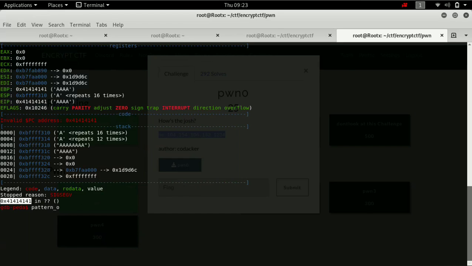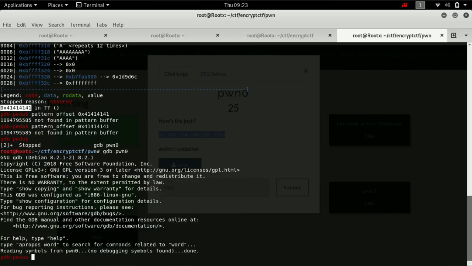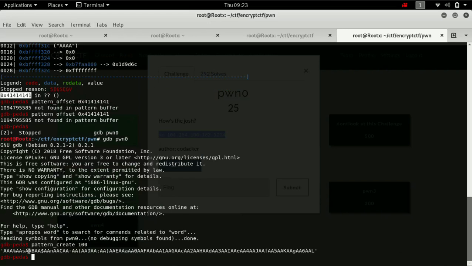Pattern offset. But it's not showing. Okay, let me try with the pattern create with the GDB pattern. It's not working. Create.